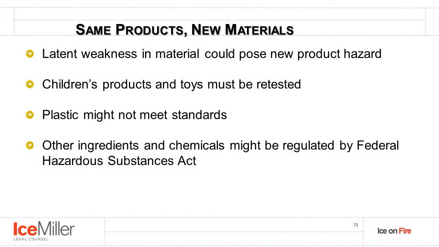Also, if you're a consumer product manufacturer, you're going to start to run into issues where now you're making the same product but with a new material. Mike touched on this, so I'm just going to gloss over it. But if you're now making the same part for a product out of a new material, you need to make sure that there are no latent weaknesses in that product. You might need to completely retest it, even if it's only for an adult product. You may need to test it for strength, because if it is going to make that product break more easily, then that's going to create possibly a substantial product hazard and subject you to regulatory liability.